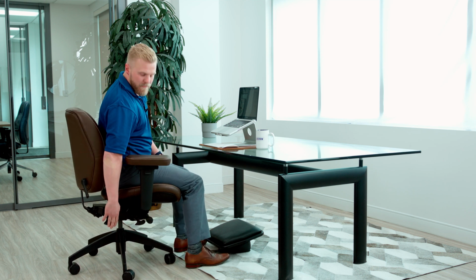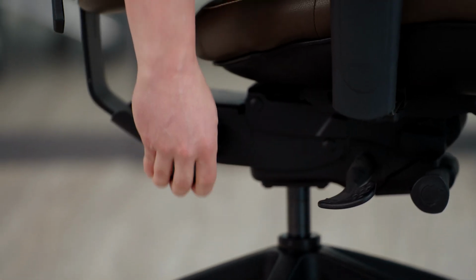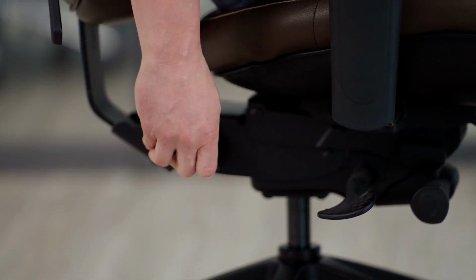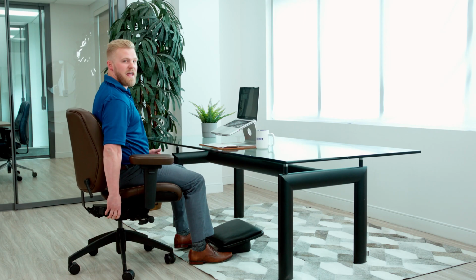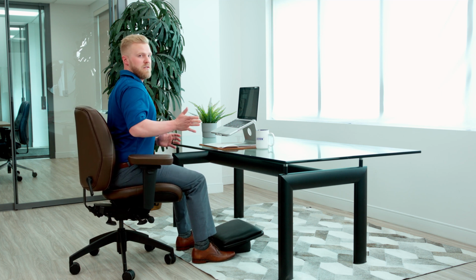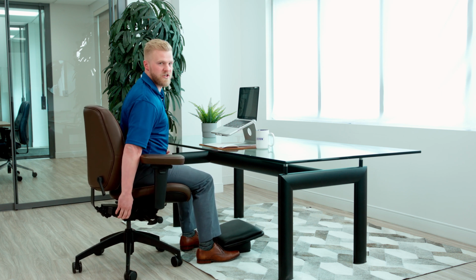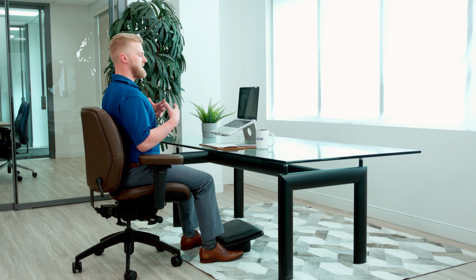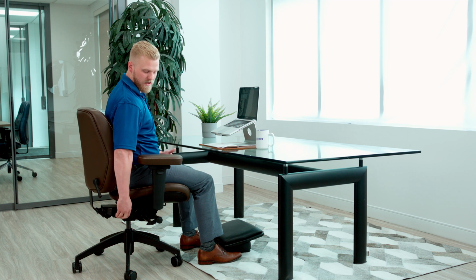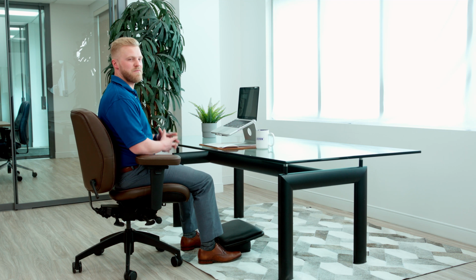The next adjustment we'll talk about is for the angle of the backrest. There's another paddle on the right-hand side of the chair when sitting in it towards the back of the seat, and that's going to allow us to adjust the angle of the backrest. In doing this, we're able to sit more upright as the back is spring assisted forward. It allows for ease of use when adjusting it while sitting in the chair. While we can sit at this 90 degrees and it's a perfectly safe working posture, studies show that opening up that angle of the backrest closer to maybe 110 degrees is going to alleviate some additional pressure off the